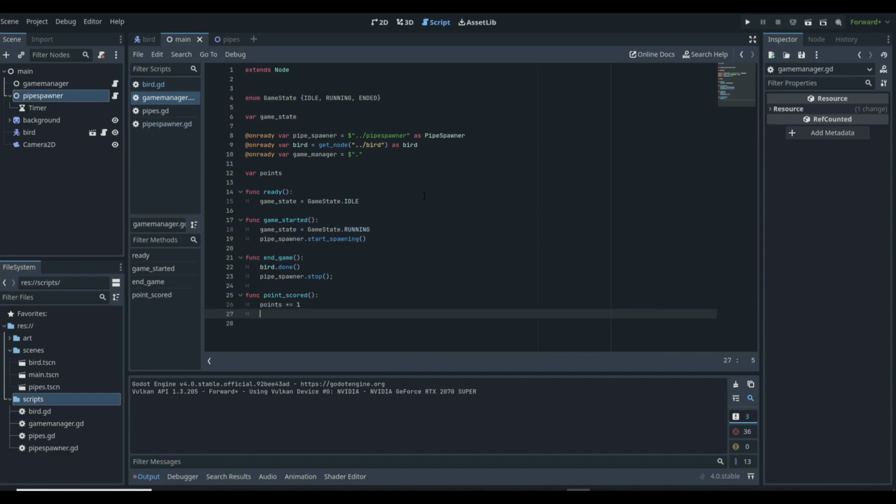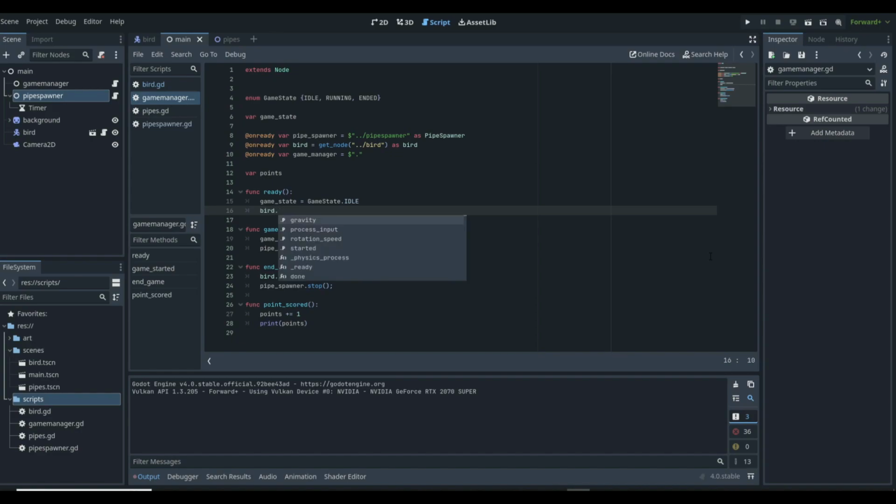And you want to update the points on the UI, which we don't have any UI right now, but we are going to add that here in just a second. So for now, we'll just do print points just so we can see it in the output. But if we go back to the ready, game state equals game state.idle, and now bird.game_started, which is the function that we just created. I did not spell that wrong. Game started. So bird.game_started.connect,